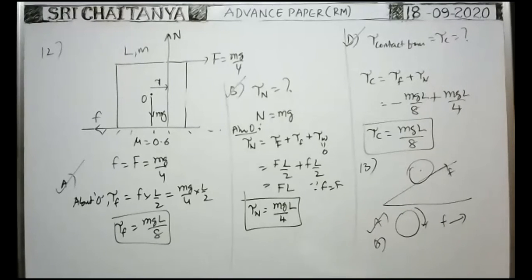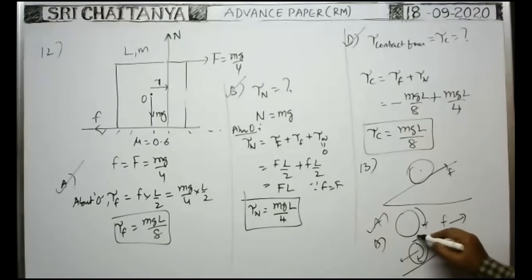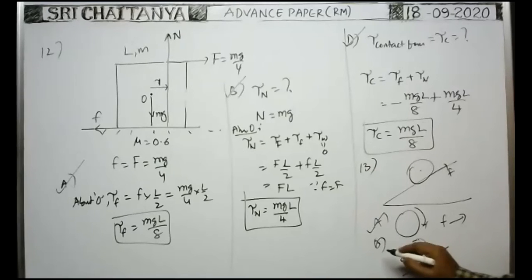The body could be rolling down. While rolling down like this, the angular velocity is in this direction. Body rolling down means it is coming down like this. But at the same time, the rotational motion may be in this direction. So at this point of contact, friction may be in the opposite direction. There is also this possibility. While rolling in the clockwise direction, if the body comes down, in such a case, friction is in the opposite direction. That is also correct. Next, C.